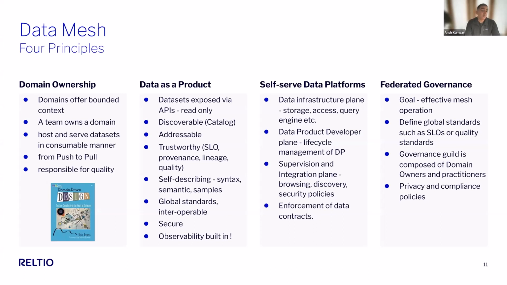The first is domain ownership. The book reference there is Eric Evans' book, Domain-Driven Design, one of my favorite books of all time in computer science. I think it was the precursor to a lot of microservices and decomposition of monoliths into business domains that you could connect very easily to business value, as opposed to more inward-focused designs from the past.